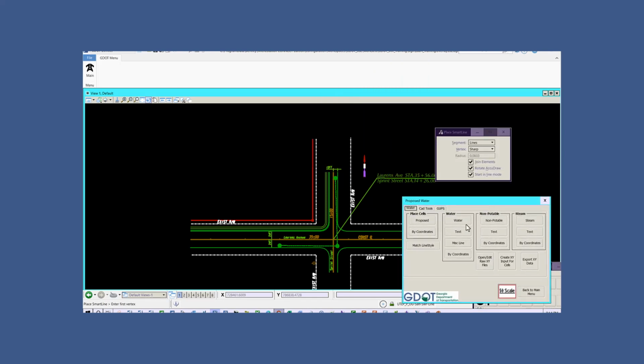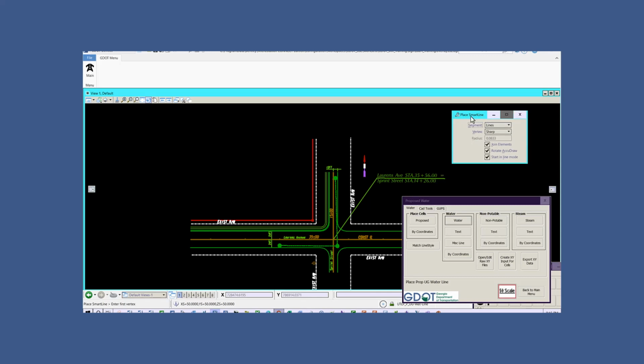And then we will select the water option under the water heading. And the place line tool is still active, so now